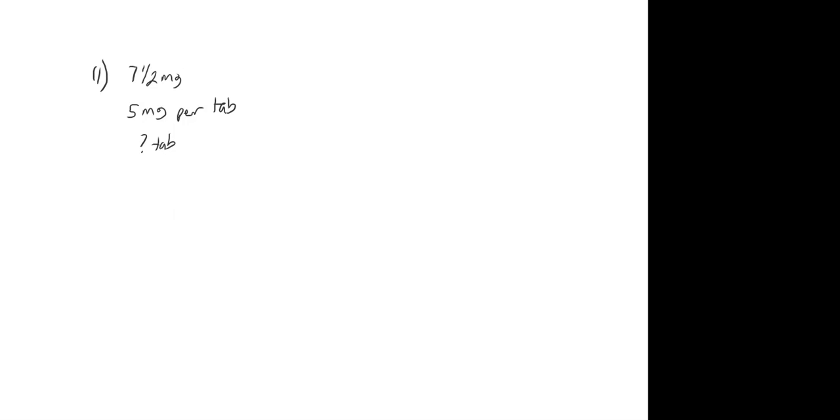Now, if you're like me, and I imagine you are, you don't like to do math with fractions. So another way to write 7.5 would be to write 7.5. Now you may also feel equally averse to decimals, but at least you can plug that into your calculator easily. So if I'm doing order over have, 7.5 milligrams over 5 milligrams times my 1 tablet, and then what I get is